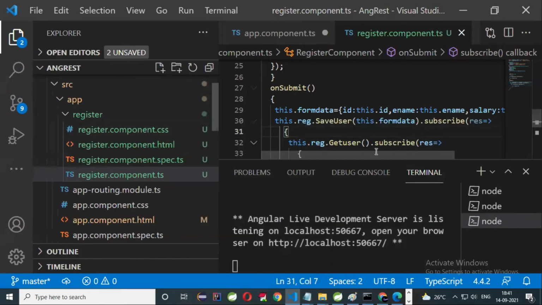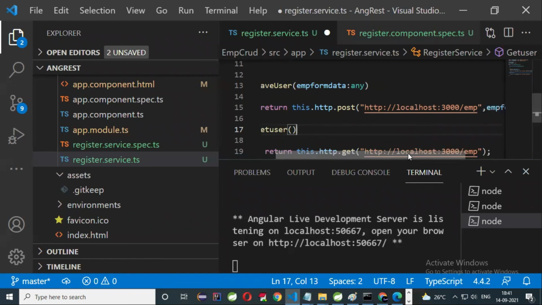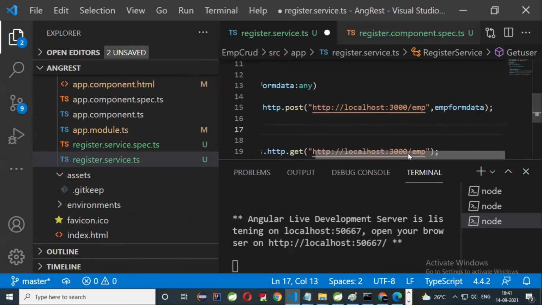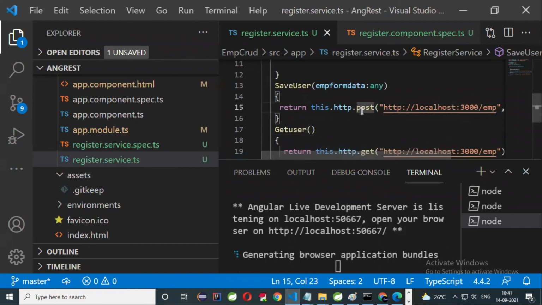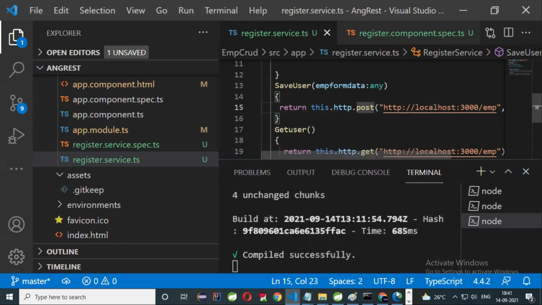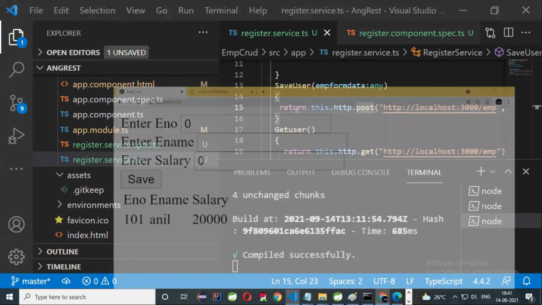There you can see this http.post method, http.post of localhost 3000 emp slash, comma, emp form data. It is right only. This is right actually. Is it compiled successfully? Very good. You have to save after doing modification. The auto compilation option is there.